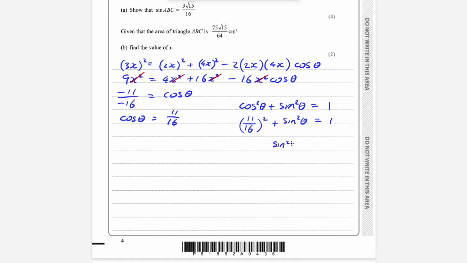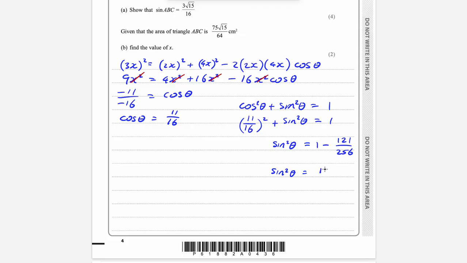So sine squared theta equals 1 minus 121 over 256. Use your calculator if you need, guys. 16 squared is 256, and 256 minus 121 is